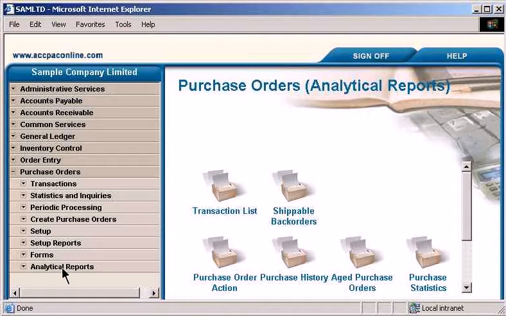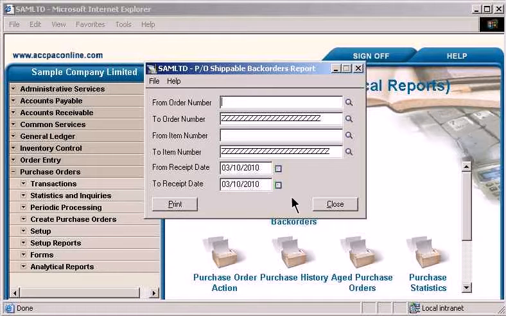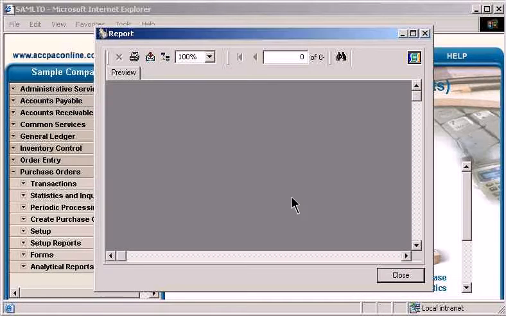effects of these transactions. The Shippable Back Orders report lists the sales orders that you may be able to fill as a result of receipts you have posted in Purchase Orders. If you use Advantage Series Order Entry, you can select order numbers from Order Entry and include them on the report. The report lists receipt details that were posted with order numbers, showing the item and amount received at each